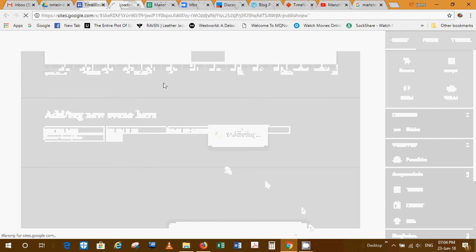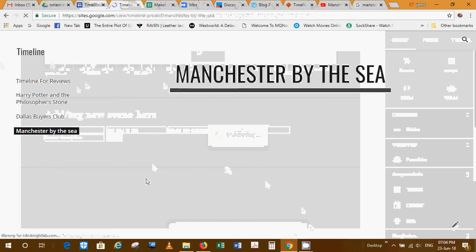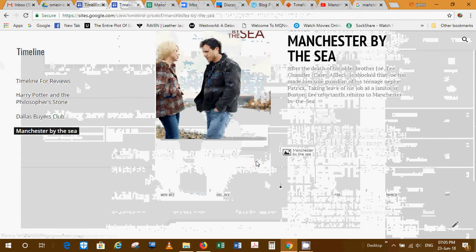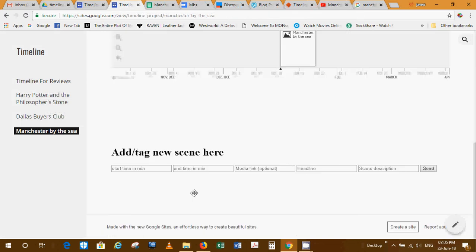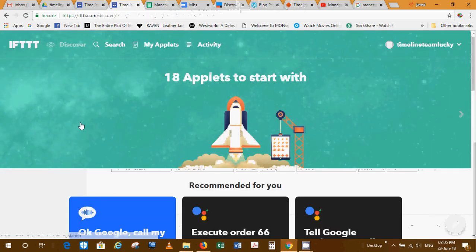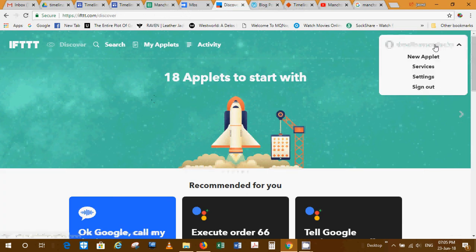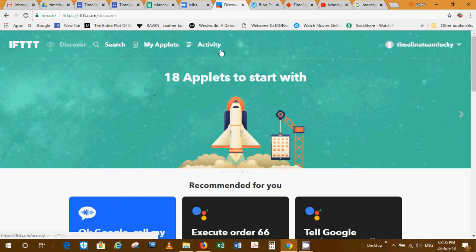I can view it in the link now. So this is the user view. Users can see it here. Okay, to generate the comment option, go to this page, ifttt.com. This is the admin account, logged in with the Gmail account. So go to My Applets,